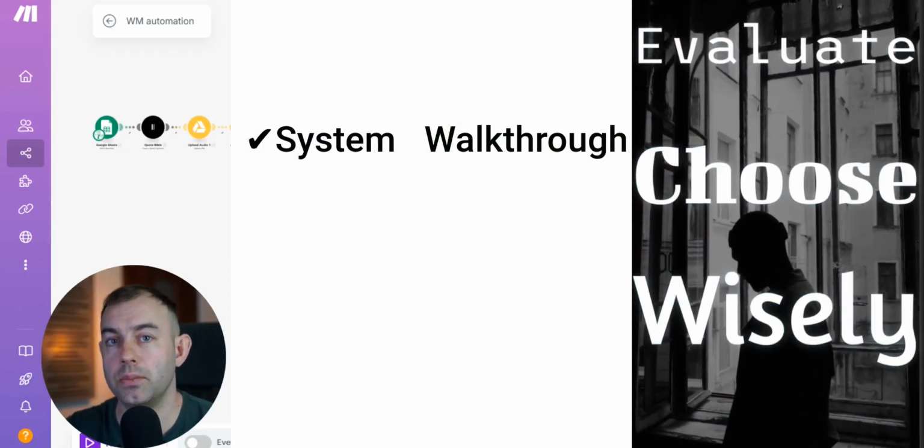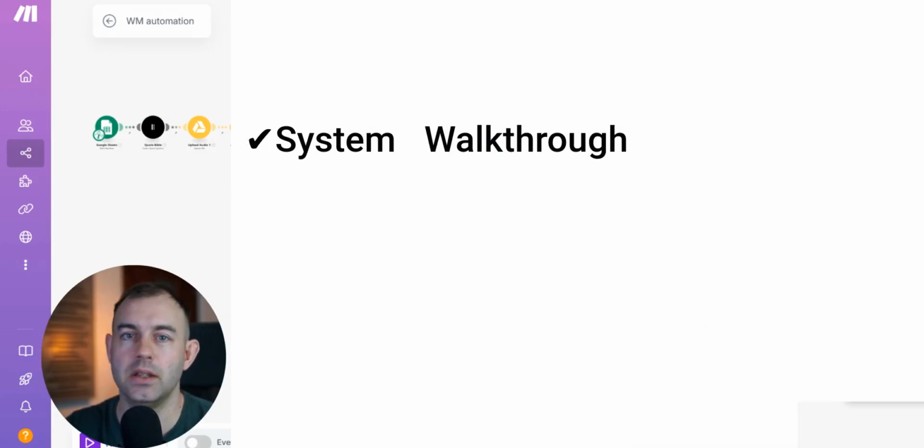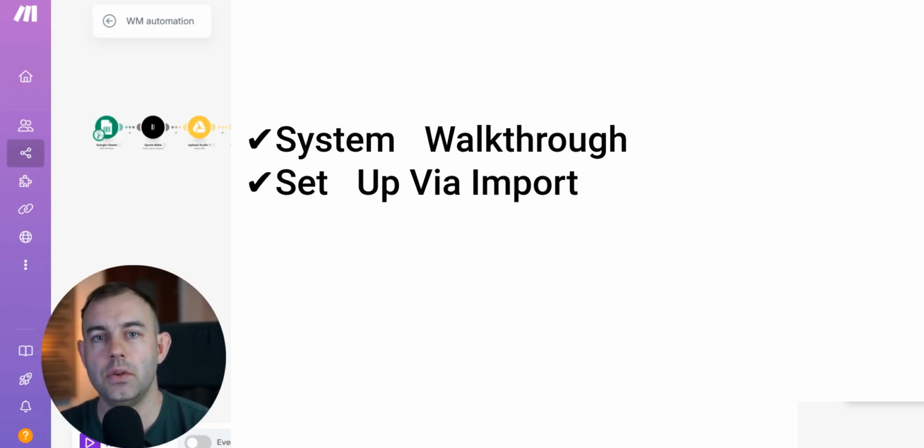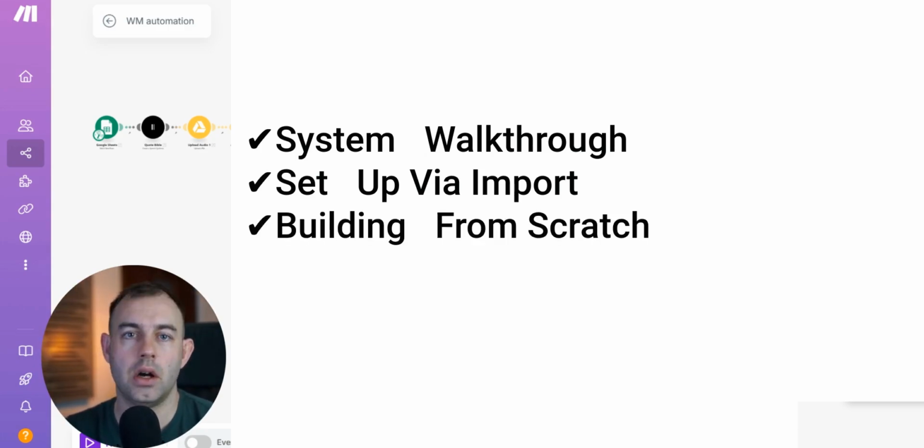First, I will demo the complete system so you know what we are making and how it works. Then I will show you the quick setup method where you just import the file and you're good to go in 5 minutes. And then at the end, if you prefer to understand the whole thing, I will build a